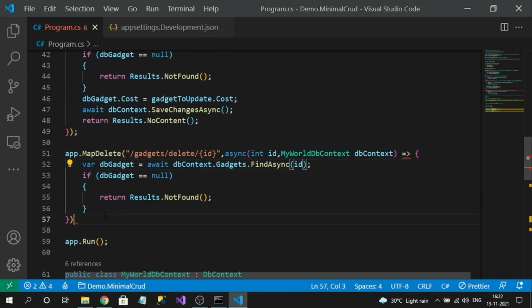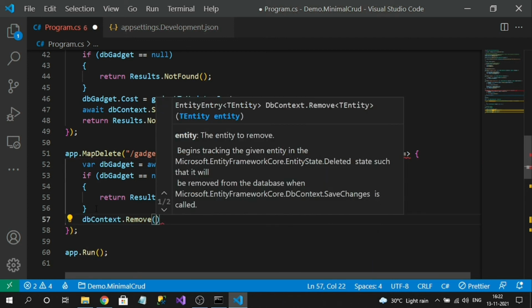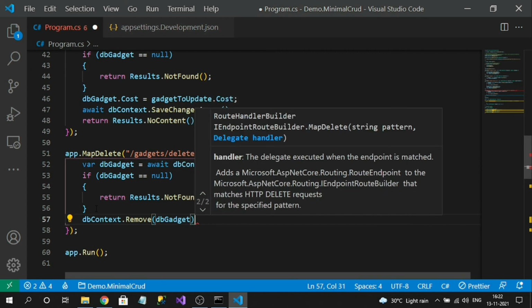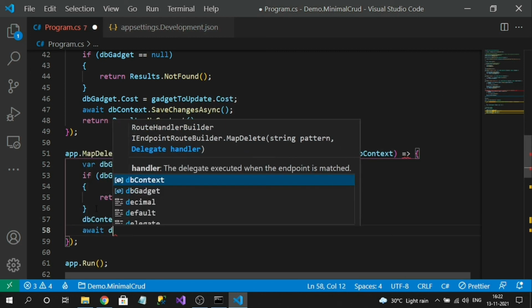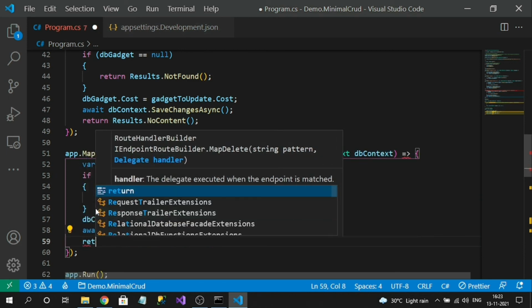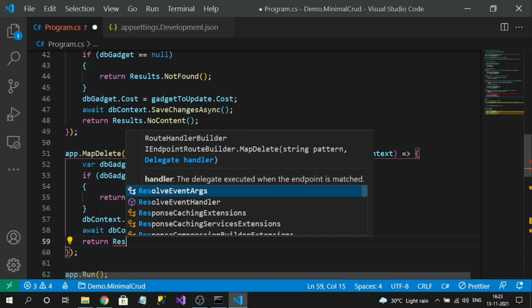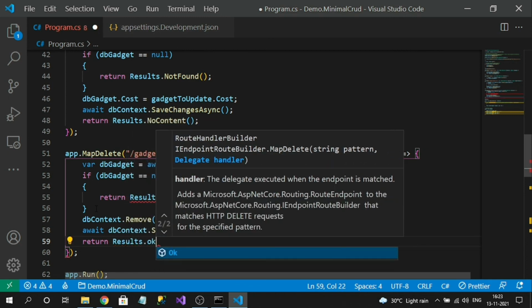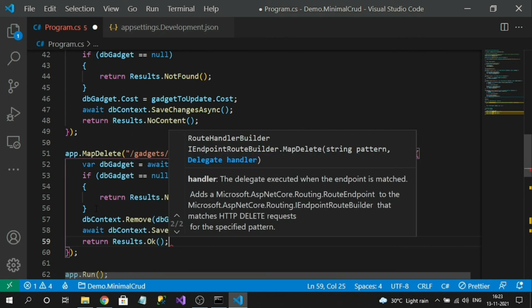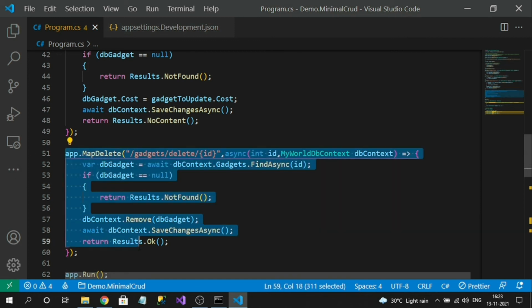And if the record is found, I can remove it from the context. So db context dot remove, and I can pass that record, and finally call save changes async. And finally return OK, something like results dot ok. So now our delete operation we have successfully created.